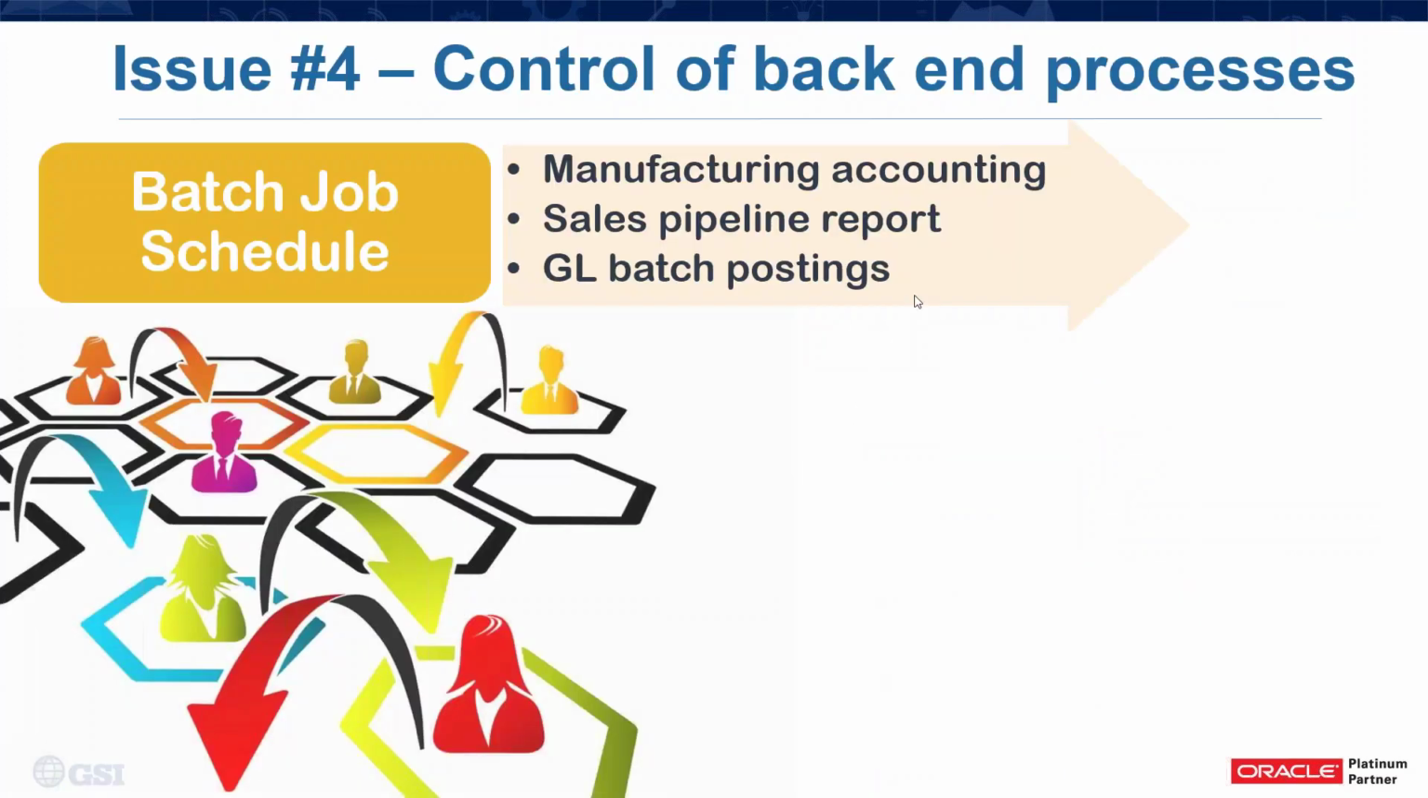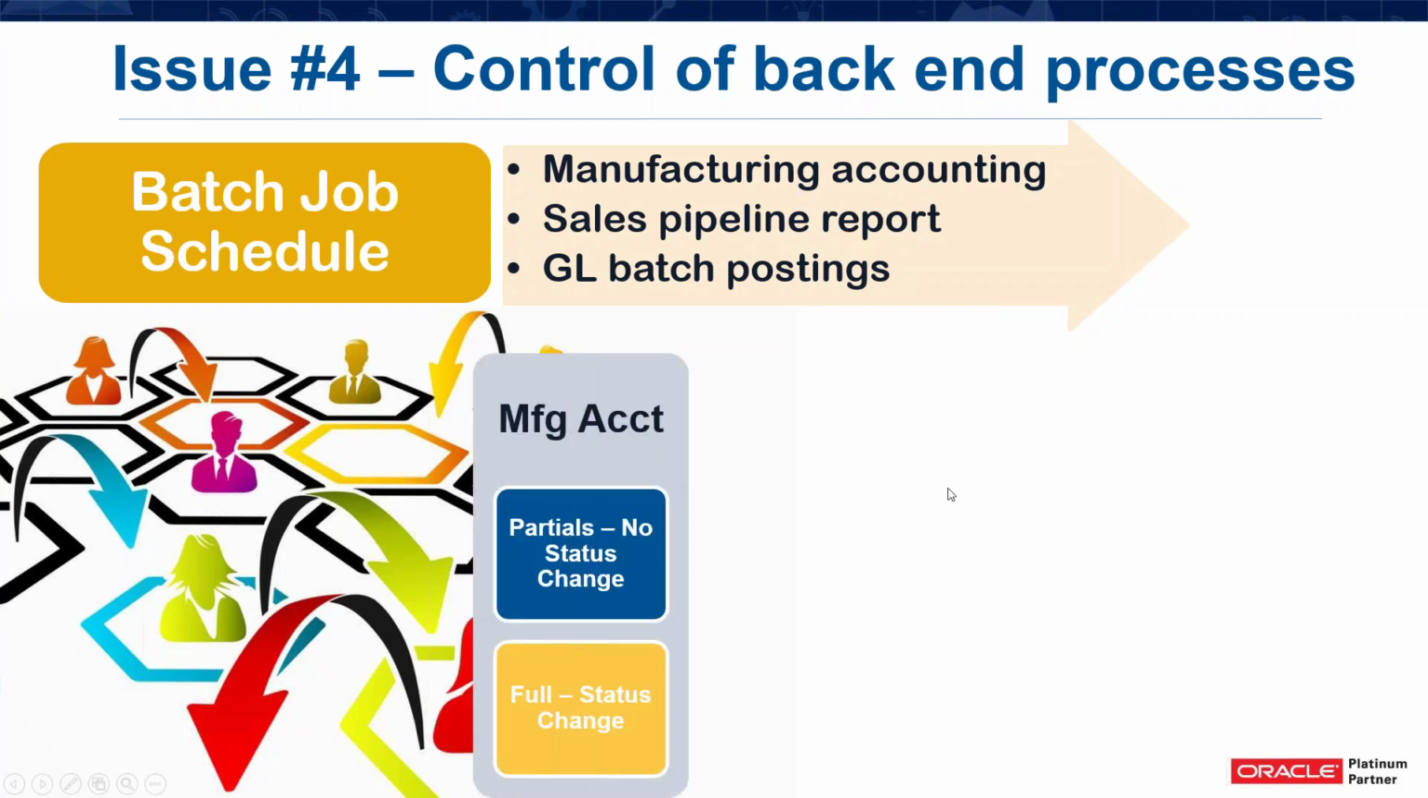Okay, the fourth issue, control of your back-end processes. And for this, I'm going to talk about three different areas. One is manufacturing accounting, one is the sales process, and of course the GL batch postings. We want to keep all of these three things under control. Now, for manufacturing accounting, a lot of times when I talk to people,